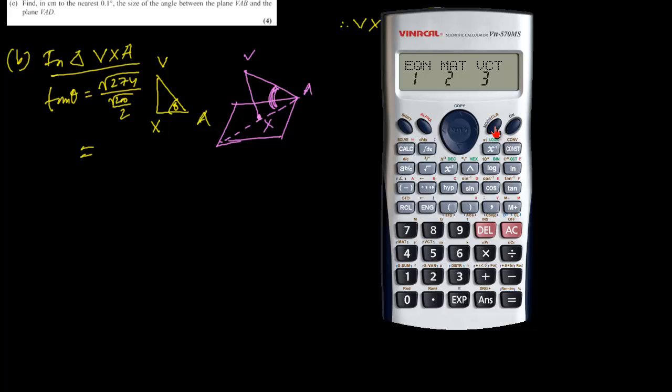That's a problem if you forget to convert it to degree. Okay, so let's try this again. So square root of 274 equals to this, divided by, bracket open, so square root of 200. Let me use this in a bracket so that the calculator doesn't misunderstand with this thing. Then we have divided by 2, bracket close. So we have this